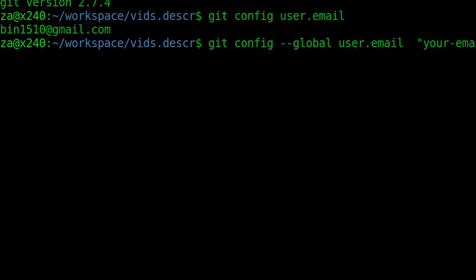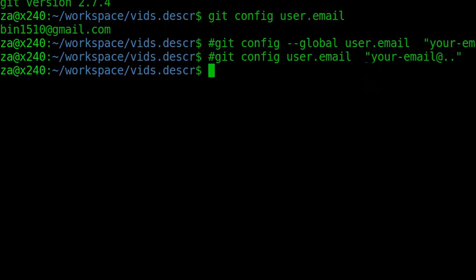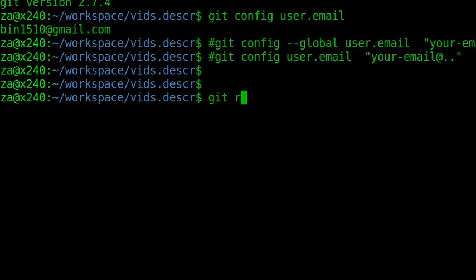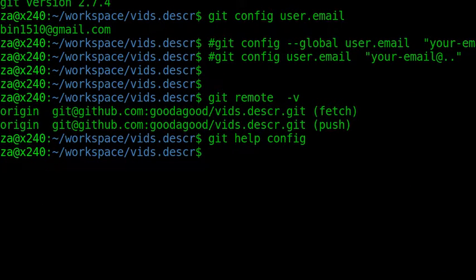Setting your email address for a single repository does not affect other repositories in different directories. You may need to set a different email address for a single repository, such as a work email address for a work-related project and a home email address for a private software project. First, you open the terminal, then you go to the repository, then you